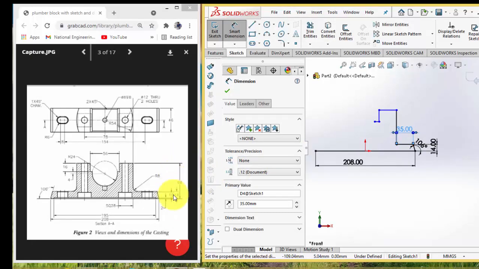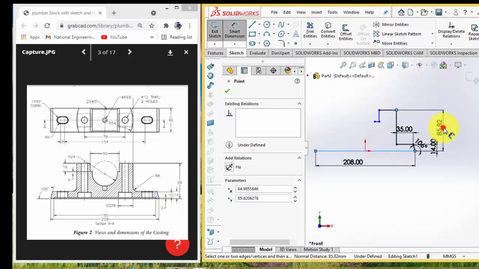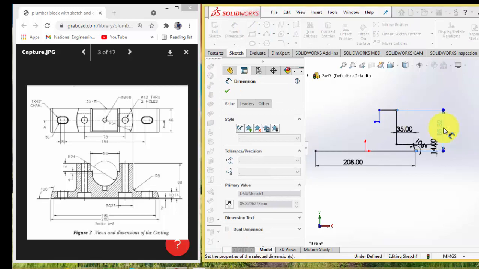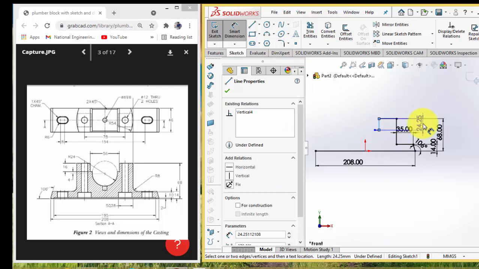And this whole height is given as 68 mm. This is 68 mm, and then this length is given as 16 mm. This is 16,